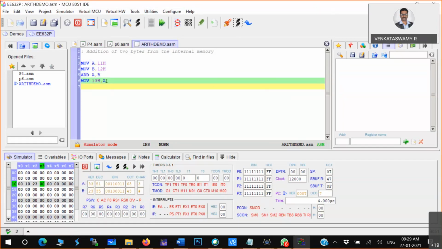Now after executing this instruction, what it has to do? The accumulator content should go to 13th memory location. Okay, 13th memory location. Just I am running. Can you see here? So where you have to see the 13th memory location? 13th memory location is basically here. Okay, the data came to